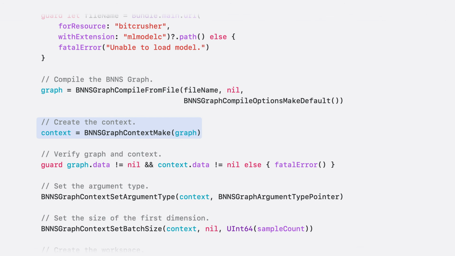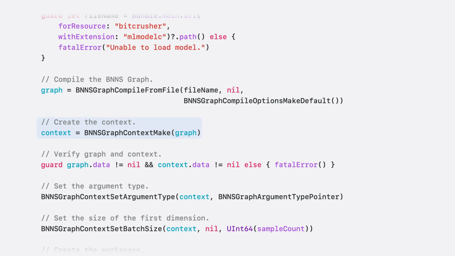Then, just as I did in the C++ code, I create the graph context. You may be wondering why I don't use the same context for both the user interface and the audio processing. This is because the context can only execute on one thread at a time. Since the user may well be adjusting one of the sliders while the audio unit is processing data, we need separate contexts for each part of the project.